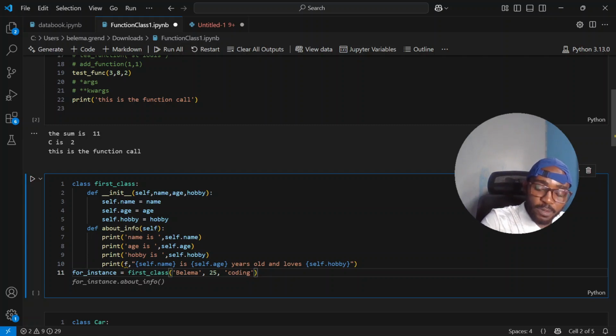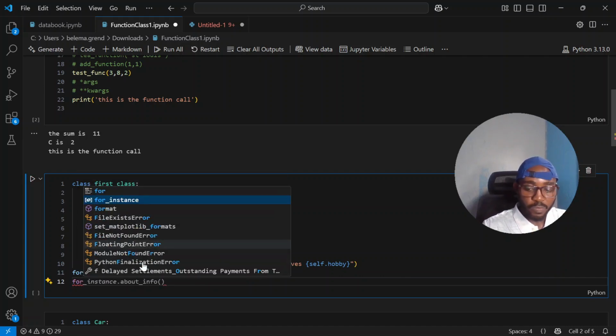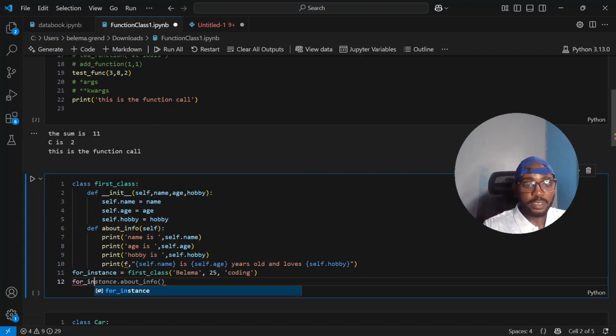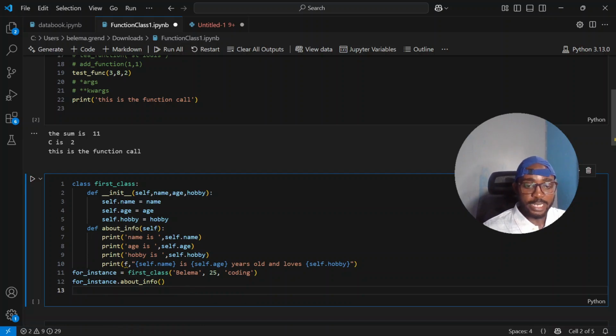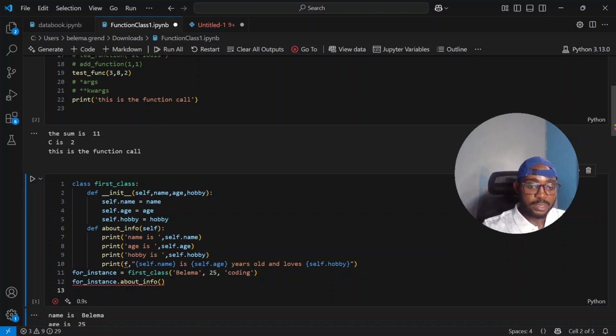So to access any of the methods, what I simply have to do now is, for this instance here, with a dot notation, say about info. I can even go ahead to print, but let's just see what happens when this is executed. So if I were to execute this,